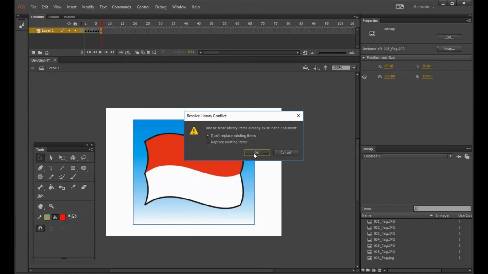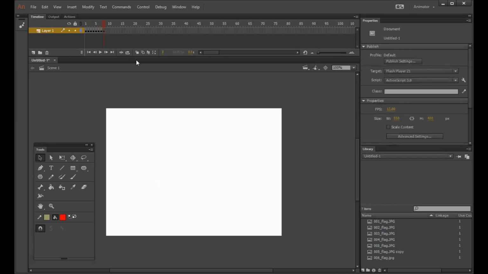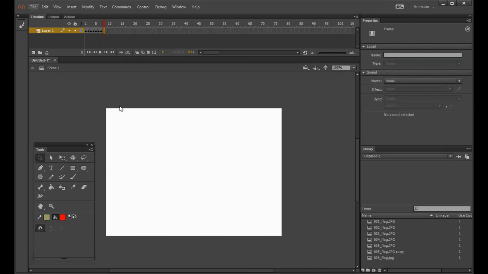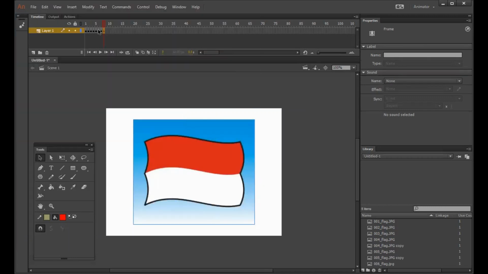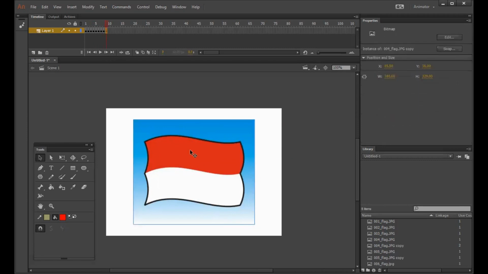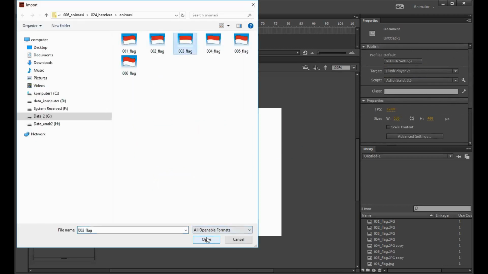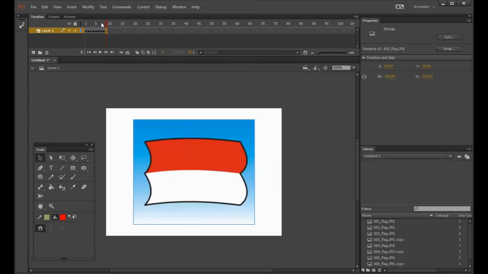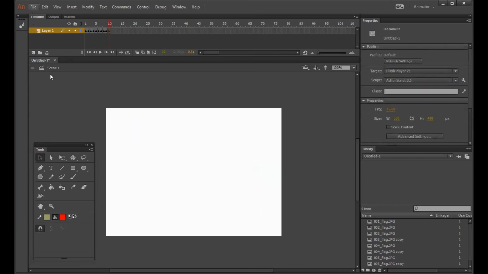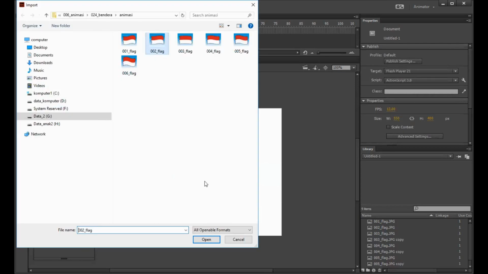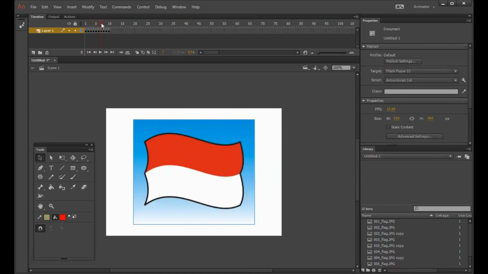Then function 6 and delete, and then import number 4, don't replace, and then function 6, number 3, import, don't replace, function 6, number 2, import, don't replace.